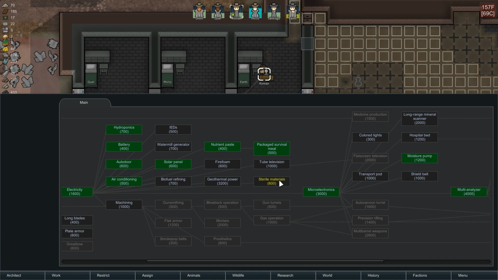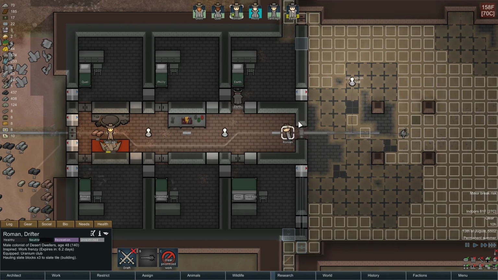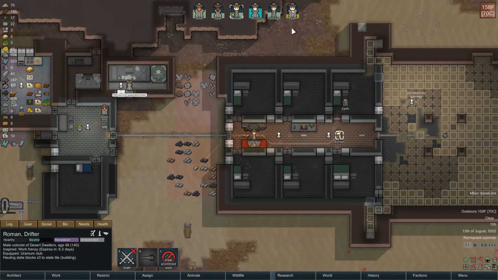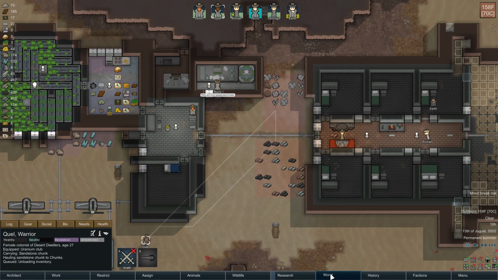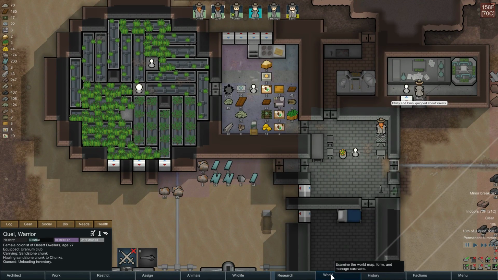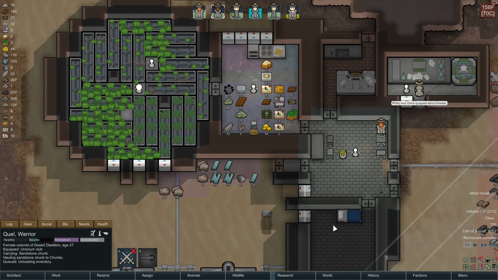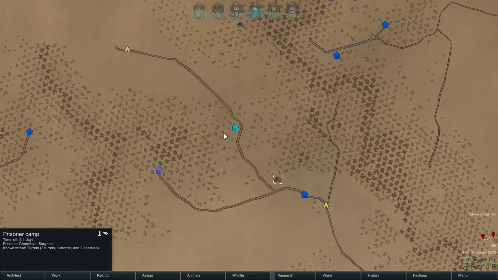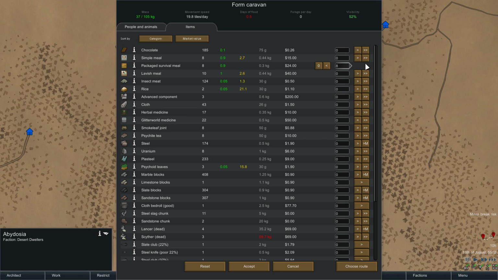Okay, we got the moisture pump. That's good. We don't really have any components left. So what I was going to say is Earth, Omni, and Quell. Let's have them set out and see about that rescue attempt. Because we are running out of time. And Omni, Quell, and Earth with